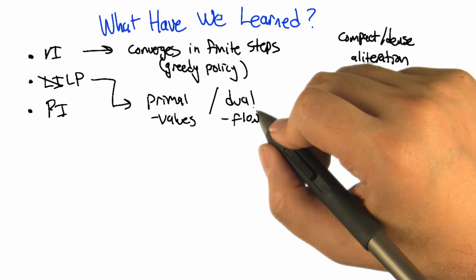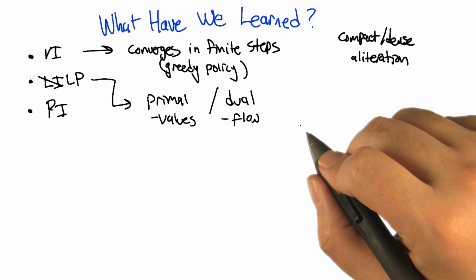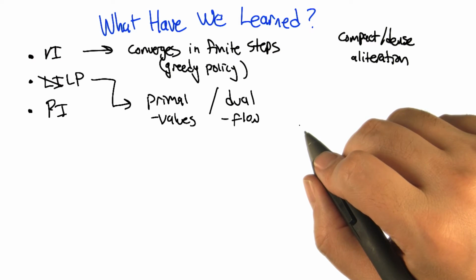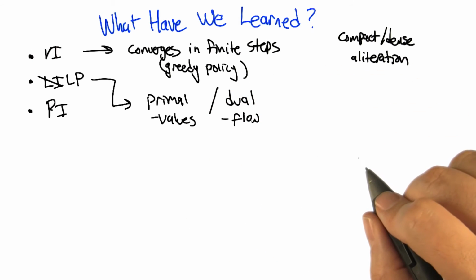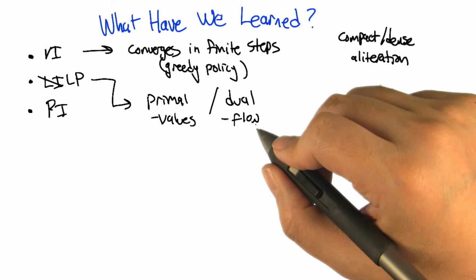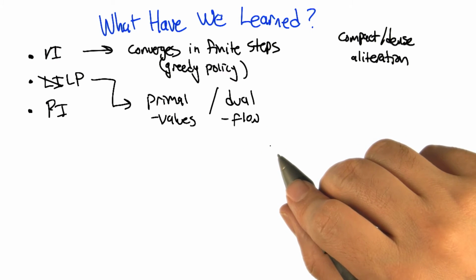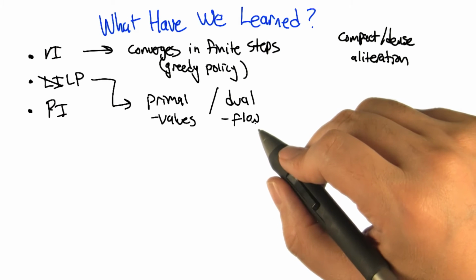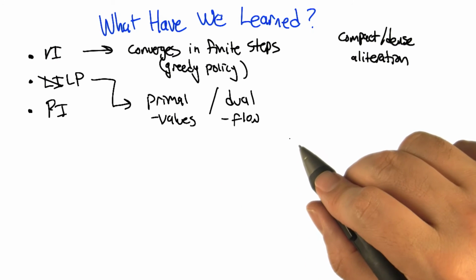I feel like the concept of dual is somehow relevant to superheroes. You think so? I don't know. Like, you know way more about comic books than I do, but isn't there... I do. Every superhero has a dual, like anti-Batman or the Dark Spider-Man? Venom? So you're saying that primal and duals are like nemeses. Yeah, or mirror images of each other in some way. So the flow, the sort of policy flow idea, is like the nemesis of the value idea, or the mirror image of it. Yeah. Sure, let's go with that. I was thinking more of a hip-hop analogy, but I think that's pretty good. Oh, flow is a hip-hop thing. It's a hip-hop thing. And values. People in hip-hop have values. That's right. So it just follows in one step.